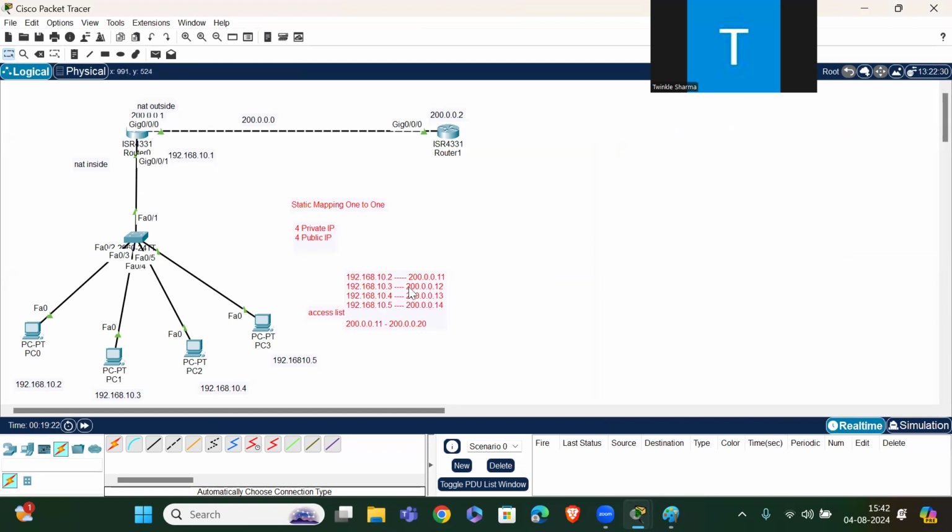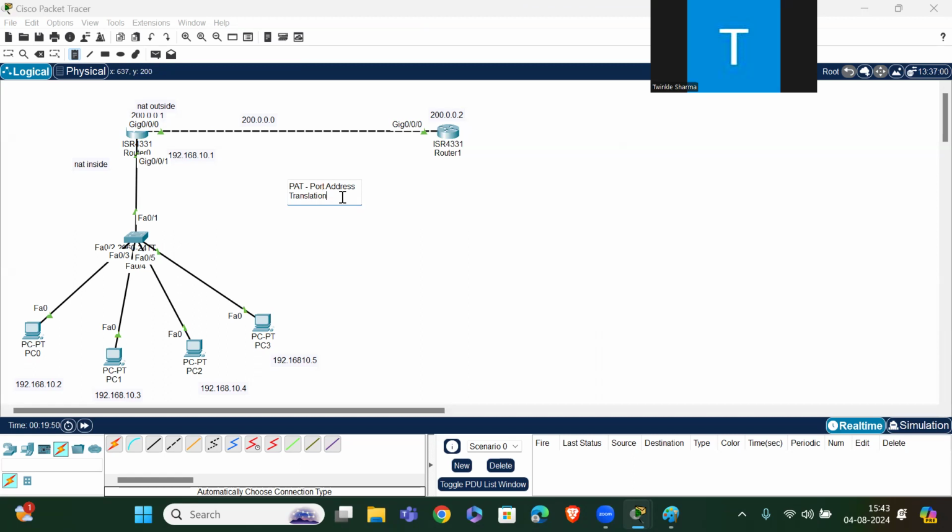That is the PAT. PAT stands for Port Address Translation.